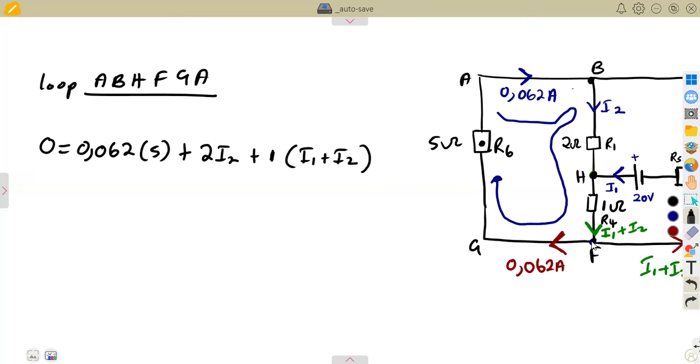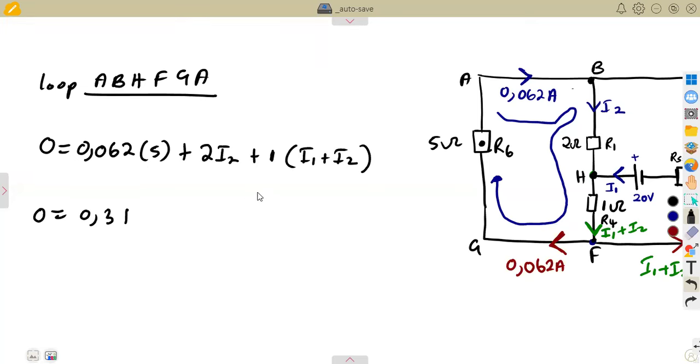As we can see, we are back from F to G, to this point, back to that branch that has the same current and only a single resistor of 5 ohms. So we formulated an equation, simplify. All right. So that's 0 is equal to the product of these two. That will be 0.31,